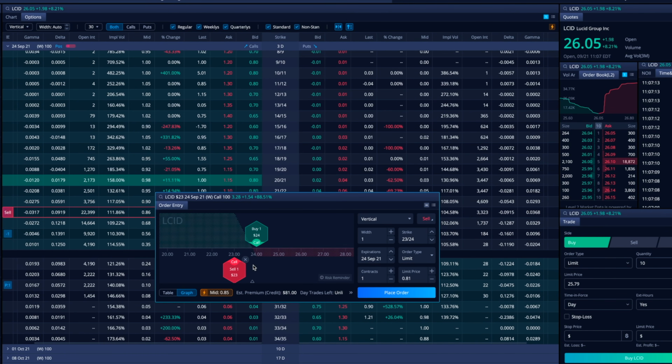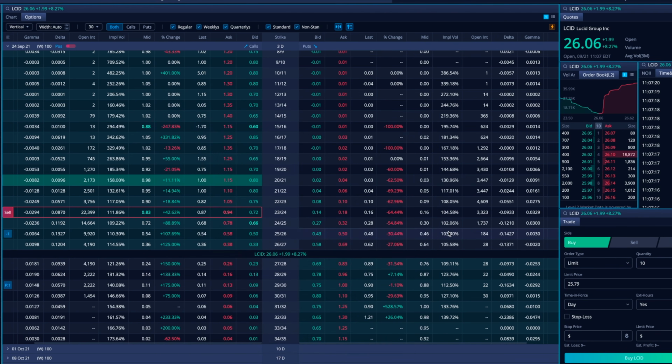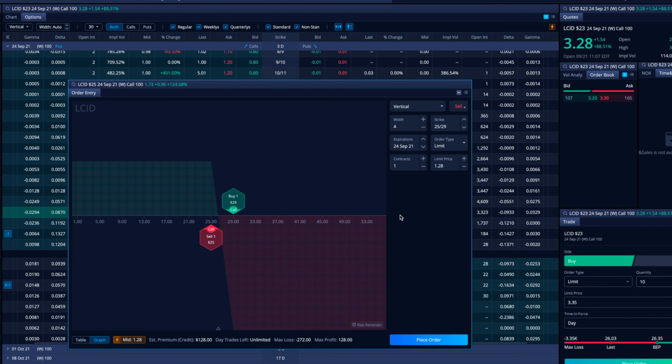This is the best way to look at things. I'm telling you guys, the graph is awesome. Okay, so let me make this nice and big for us here so we can see this. And now what I've done is I've actually gone into the exact option spread, the credit spread that I am